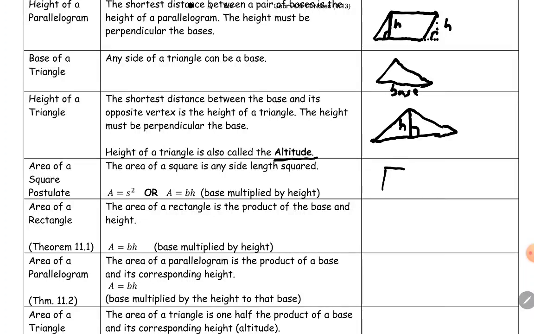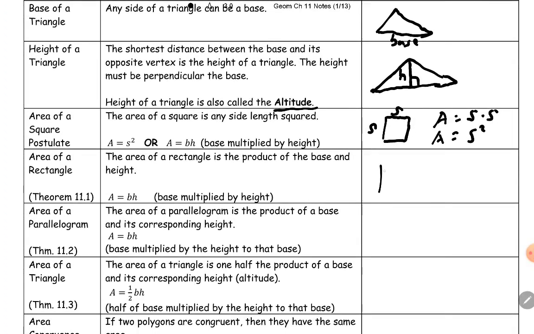Area of a square, you guys should all know this hopefully by now. If I got a square where all the sides are the same, the area is equal to side times side, or side squared. Area of a rectangle, you should also know this. We usually know it as length times width, or we can call it base times height. So either way,